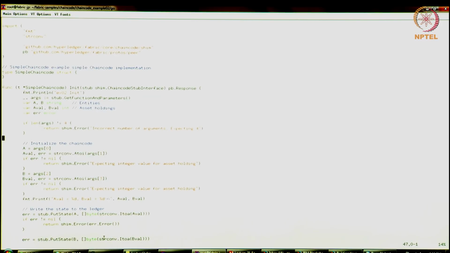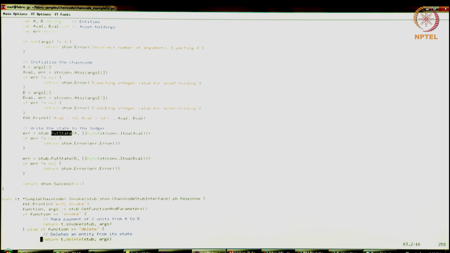So what this chain code does, it's a very simple chain code. It has two state information. It has two accounts, account A and account B. They're both initialized with a certain balance. So you can think of them as bank accounts and they have a certain balance. In this case, there is some error checking that's first done. We are first going to initialize A with a certain balance and B with a certain balance.